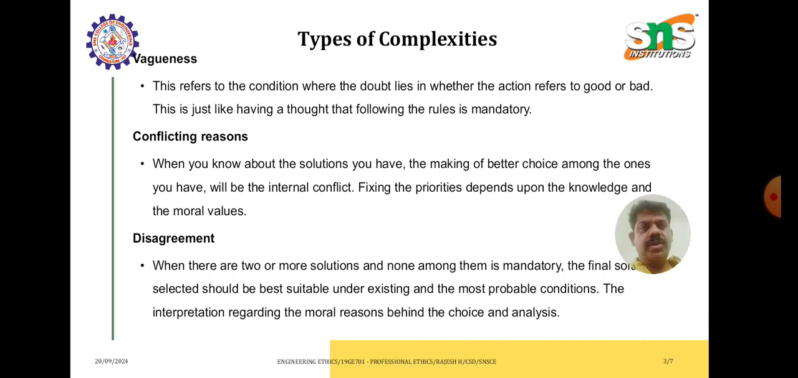The other type is called conflicting reasons. Here, when you know about the solutions you have, making a better choice among them will be an internal conflict. You cannot decide very easily whether to choose the first option, second option, or third option, etc. So fixing the priorities depends upon the knowledge and the moral values, which will make you solve the conflicting reasons. And the third type is